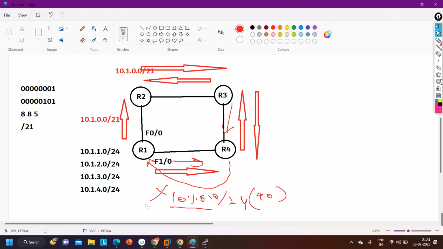Okay, and router 1 knows that for this network I don't need to forward traffic, because I have the router that performs summarization, meaning I have all the individual prefixes, so I don't need the summary. So null interface means black hole. It will never forward traffic towards the null interface. It is not required. Getting my point? This is manual summarization. Any doubt, guys? Any doubt in manual summarization?